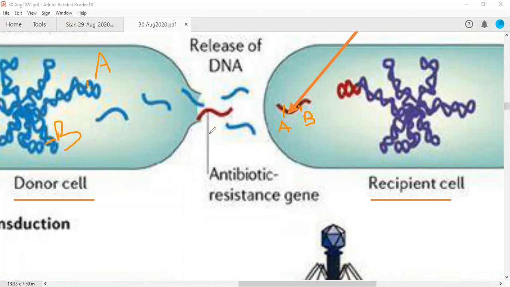Therefore, this type of experiment has been used to map the genes. If they are present together, they should be present over the same fragment when this particular DNA is being degraded, being fragmented. If they are not present together, they cannot come over the same fragment. They should be present over different fragments. Thus we can locate different genes. Suppose this is A, this is B. Therefore, using this strategy, we can map the position of genes.